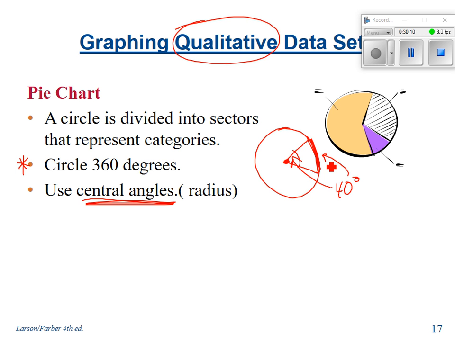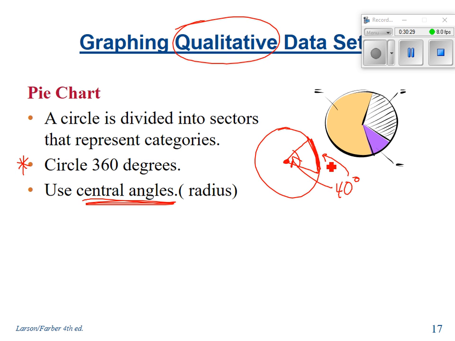I'm not going to expect you, we could get out our protractors up here and I could give you a piece of string maybe and you could measure around the edge of a circle to get distances and stuff. We're probably not going to go that precise. What I do want you to be able to do